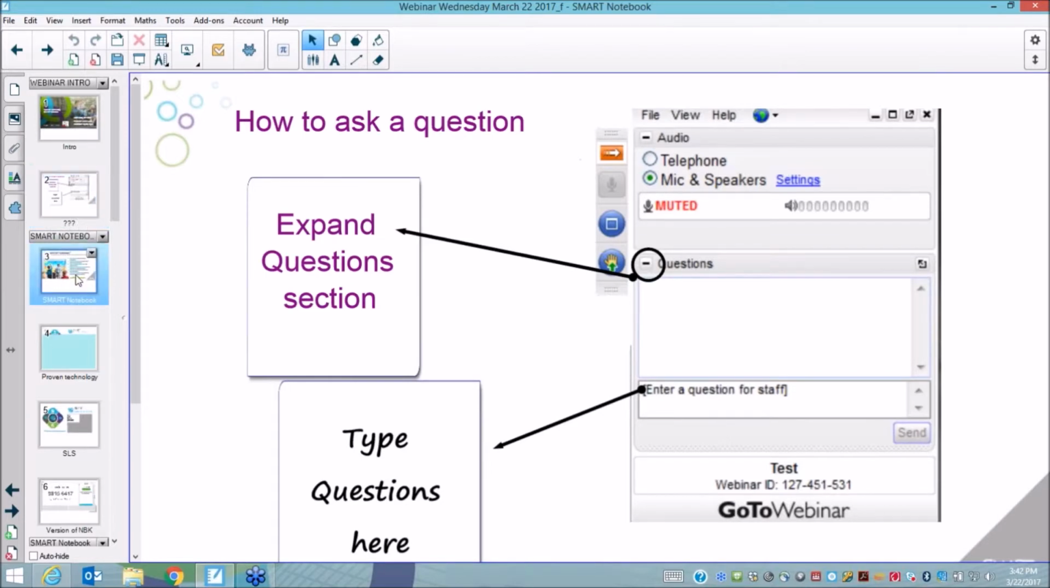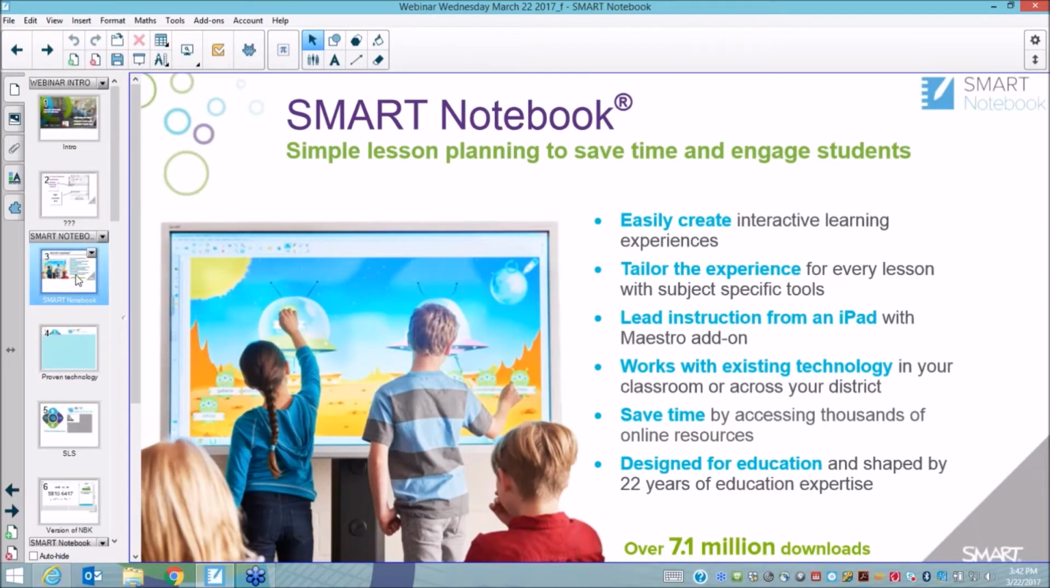Okay, so this afternoon's presentation is all about Smart Notebook software. Smart Notebook software being the lesson creation software of choice in Australia, and what we're hoping to do today is some small revisions on Smart Notebook software and also have a discussion around the new features in 16.2 and revise some of the features that you may have used previously that are now included in the 16.2